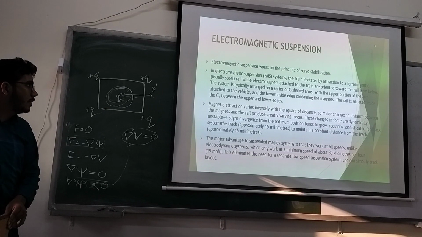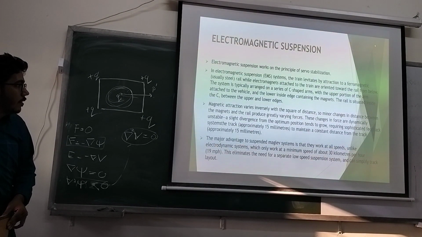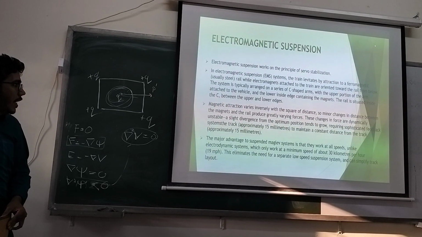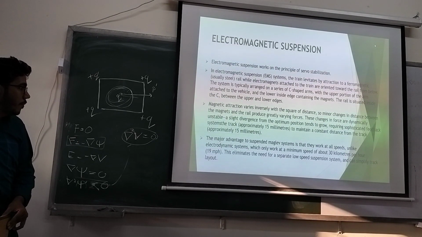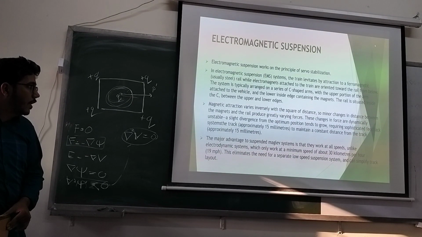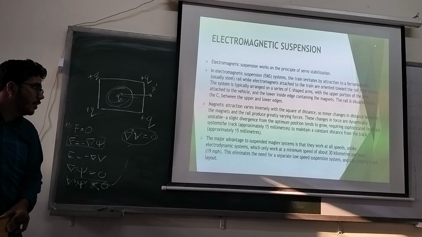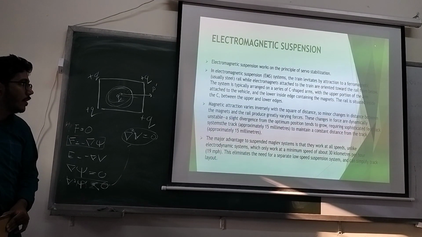Magnetic attraction varies inversely with the square of the distance. So minor changes in distance between the magnets and rail produce greatly varying forces. These changes in force are dynamically unstable. A slight variance from the optimum position tends to grow, requiring a sophisticated feedback system to maintain a constant distance from the track. So we achieve a levitation of about 15 millimeters, right about 1 centimeter, by using this